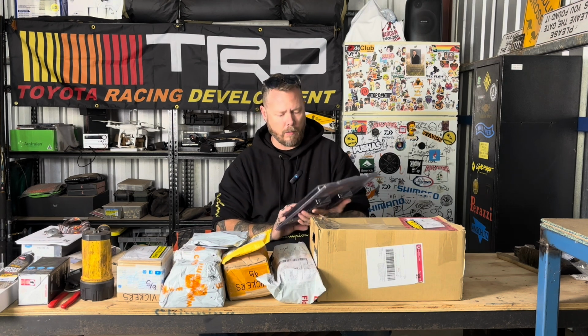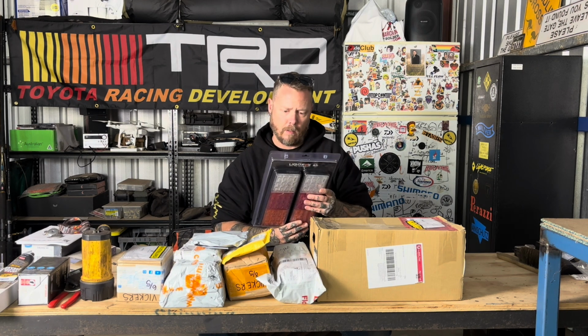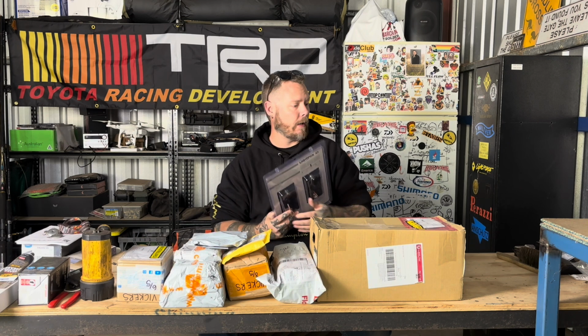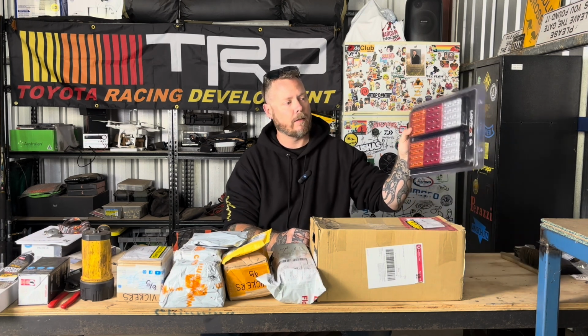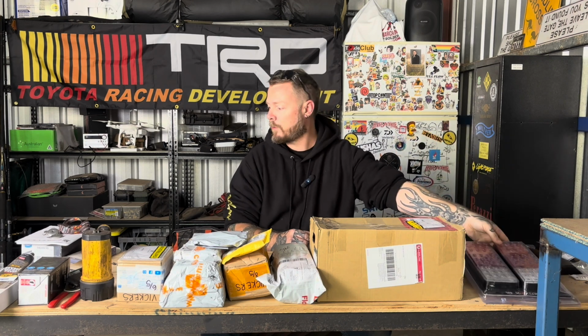What have we got? Does it say whether they're, just says universal fit? Doesn't say whether they're waterproof or not. I'm going to assume that they're not, because it doesn't mention it. These aren't going to be submerged underwater, so that will be fine. And they're quite cheap. They're very cheap. If you just need a cheap set of LED tail lights and that for your ute tray, I think these were less than 30 bucks from memory. I should see if I can find the